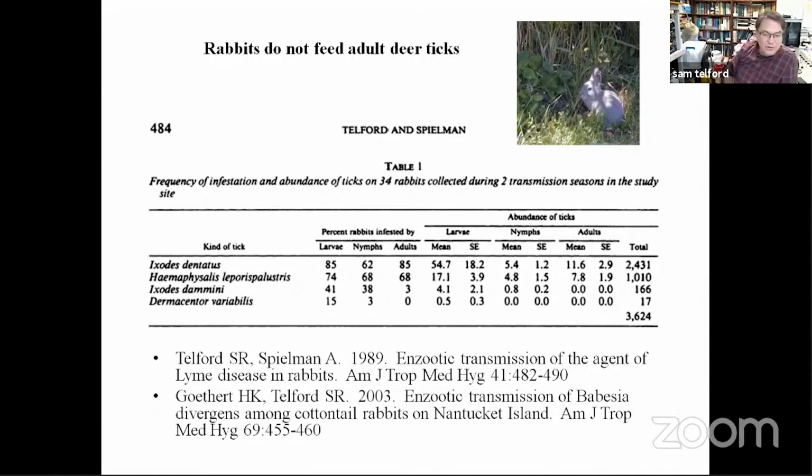But anyway, there were two major publications on Nantucket rabbits, one done by me and one done by my wife during her doctoral work on the field station. And we know that adult ticks are not found on rabbits. So if you remove deer or reduce deer, they're not going to leap onto a different host. And we found the same thing on Great Island. That is, we did nothing to the foxes and skunks and raccoons and possums that were there on Great Island. They continued to persist, yet we maintained the tick population at 20% or less than what it used to be